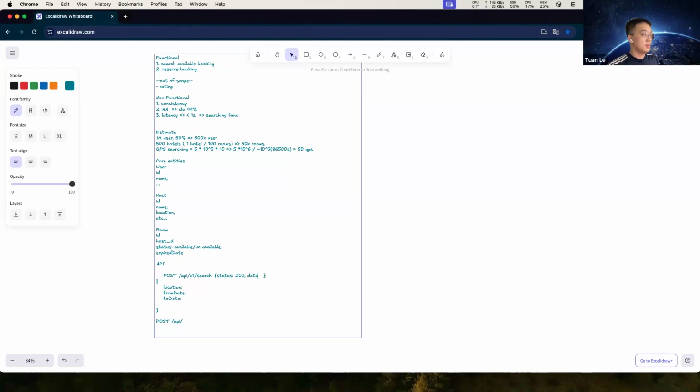The data is an array of the rooms available. That is the response of this API, right? In the next one we have the result.